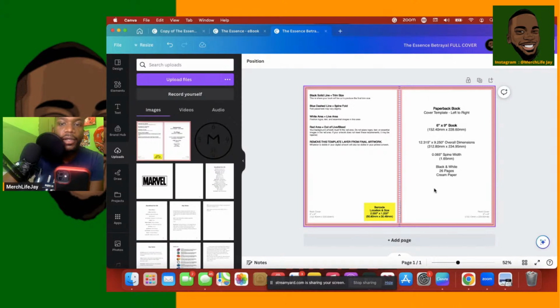So now you got the cover inside of here. The reason why it's pink on the outside is because these are the parts that will get cut off during printing, right? So you don't want to have any text. You don't want to have any pictures. You don't want to have anything in that area. This yellow area is where the barcode will go. It's okay to have pictures here, but you don't want to cover anything important with the barcode, and that's why the barcode is there, right? So